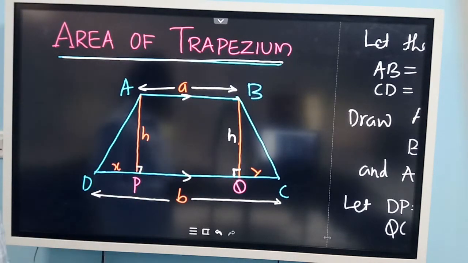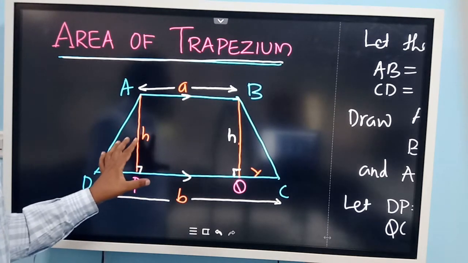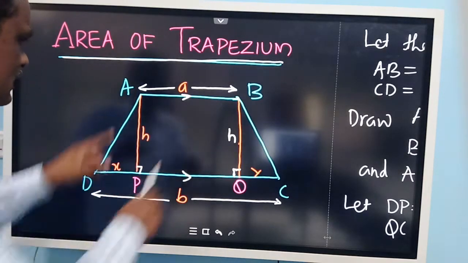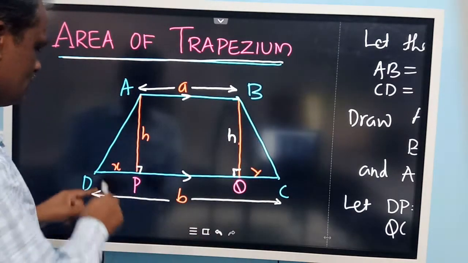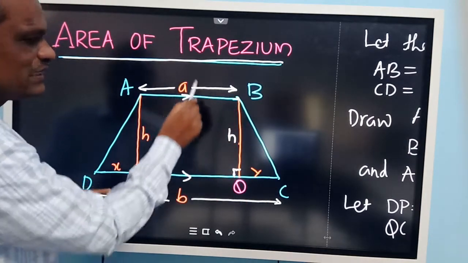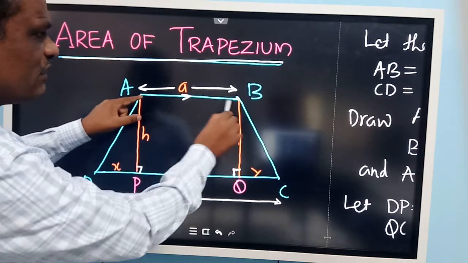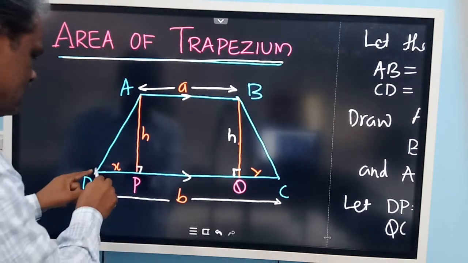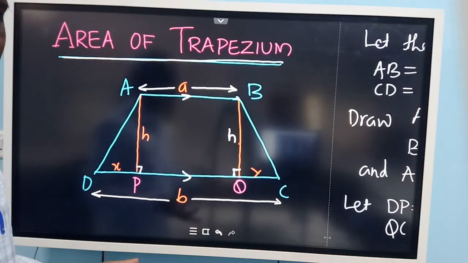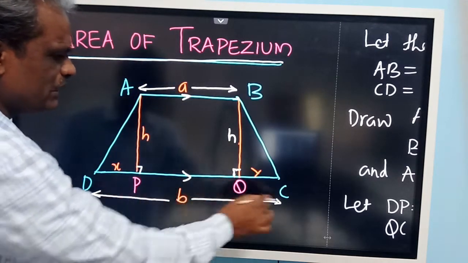Now we have to find out the formula for the area. How to find the area of this trapezium? See, these two are non-parallel sides, so this is the base here. And this length AB I have taken as A units. Look at this diagram carefully. The length of CD, from C to D, I have taken as B units. B centimeters or B meters, anything you can take.